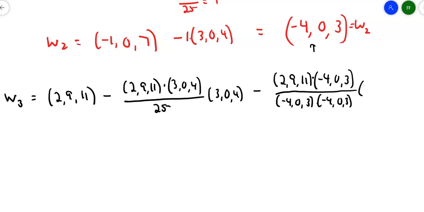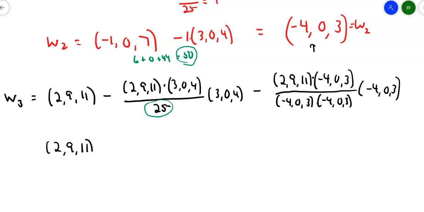And the vector you're multiplying by there is (-4, 0, 3). So you realize whatever vector you're working with, you're going to have a lot of them in the problem. All right, so here we got (2, 9, 11). What's the dot product up on top? 2 times 3 is 6, plus 0 plus 44. Oh, that's 50. Take 50, divide it by 25, I get 2. So minus 2 times